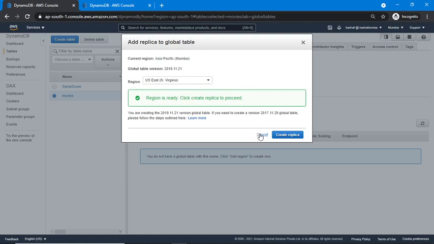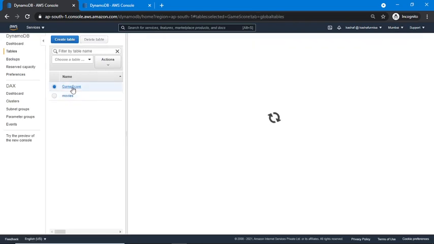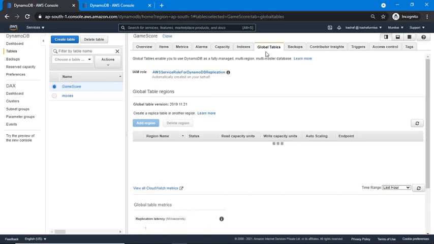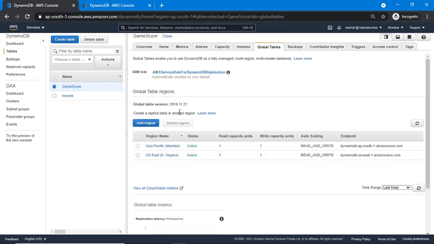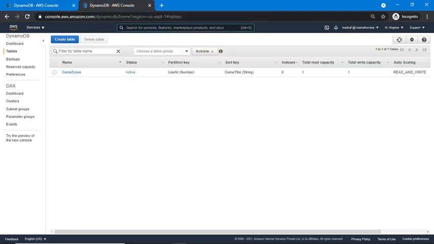So I already enabled the global table for my another table, the game score table. So I'm going to show you. For this table I have my current region and US North Virginia. So for this the global table is already available. I'm going to show you the items available in this Mumbai region. I have these 8 items, and here on another tab I have this same table in North Virginia.